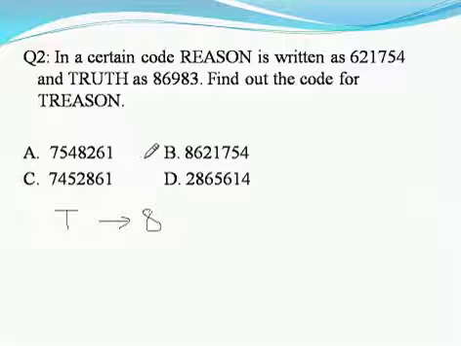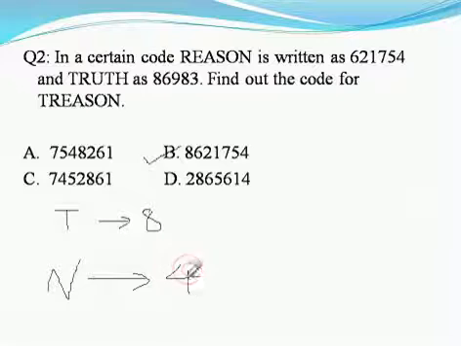If you do this very confidently, you can just tick B as the answer, you don't need to check for everything. But we will check the last letter, which is N. What is N being replaced as? We will get the answer from here. N is being replaced with 4. So the last letter should be 4, 8 and 4 again, and this verifies our answer. Again I am repeating, you don't need to check for everything. If it is a very difficult question, where all the first letters are 8 or all the last numbers are 4, then you need to check for everything. Otherwise, just take the answer and go for the next.